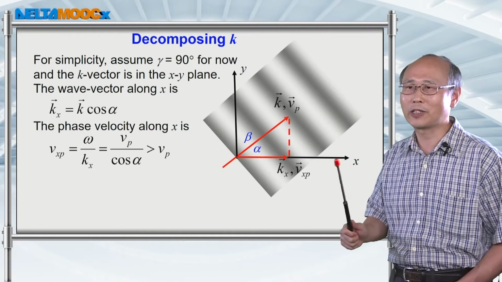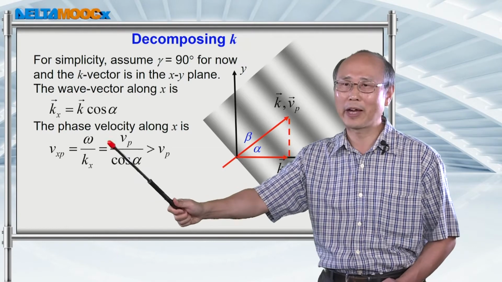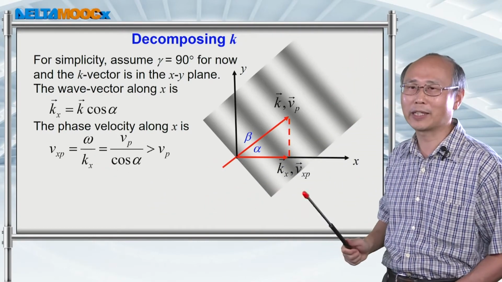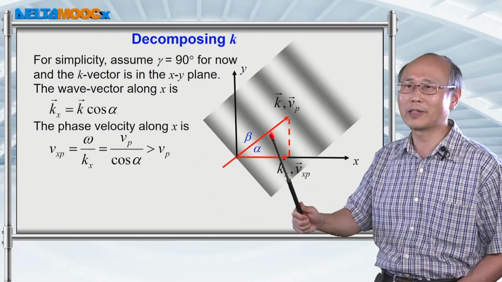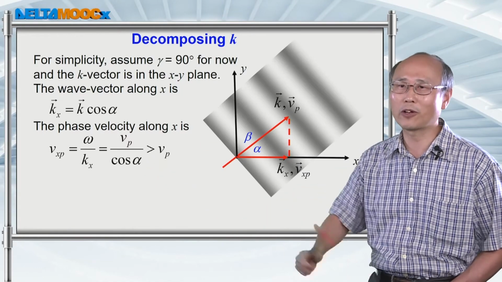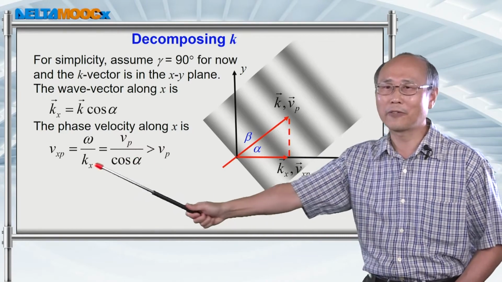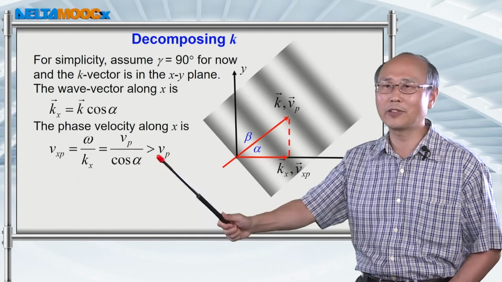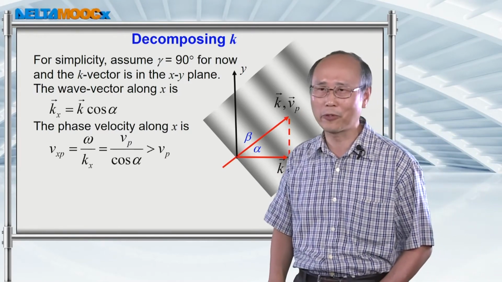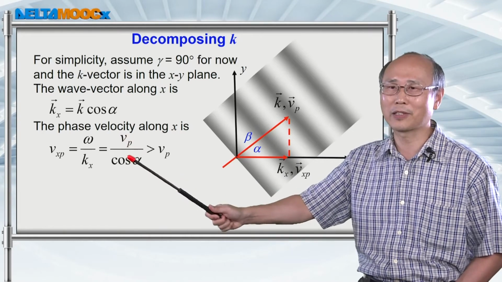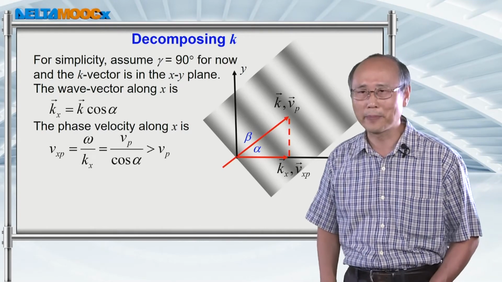And if we pick the direction to be the x direction, then you're going to come up with a phase velocity omega over kx along the x direction. This value is going to be equal to the phase velocity along the an direction divided by cosine alpha. And it's interesting to see that the phase velocity along the x direction is larger than the phase velocity along the surface normal direction of the wavefront, because there's a factor of 1 over cosine alpha, and cosine alpha is a value less than 1.